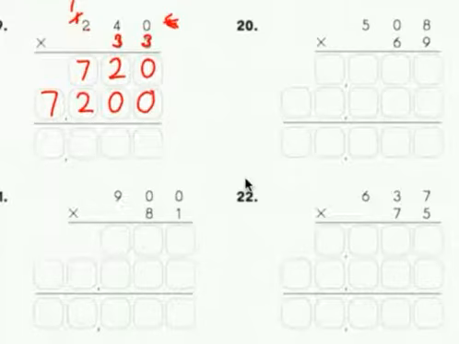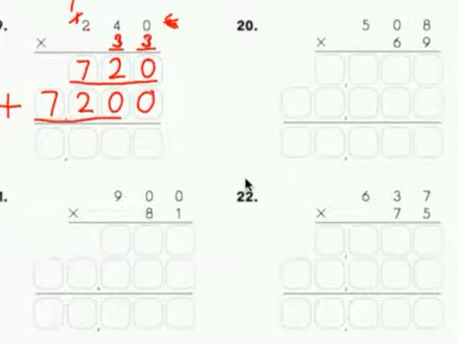Now you may have noticed that both of these numbers are 3. So I could have saved myself some work and just realized that I could have just rewritten this number right here after I dropped the egg. But if I didn't, that's okay. Okay. Now you put in a plus sign, so you remember that you're adding these 2 lines,